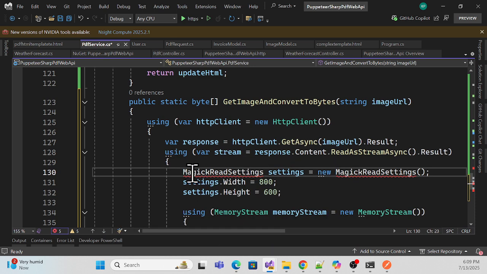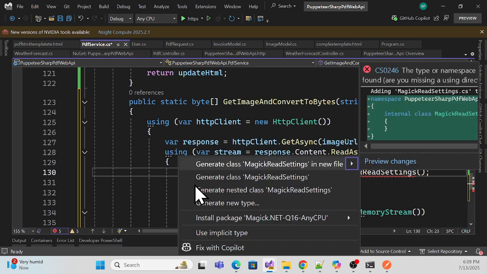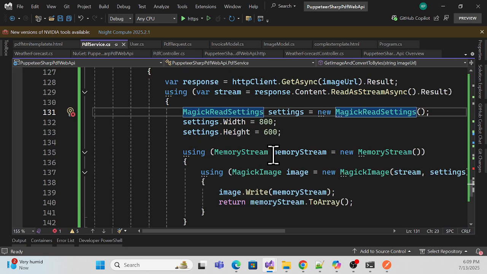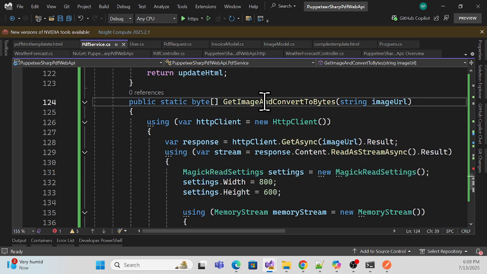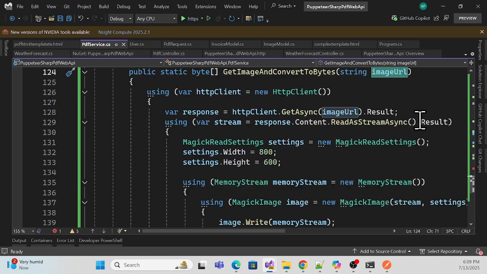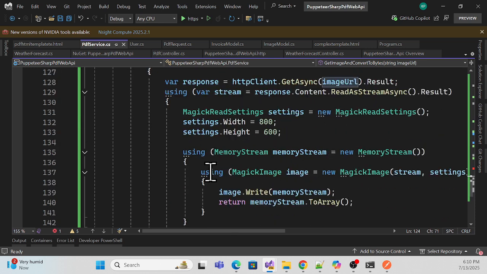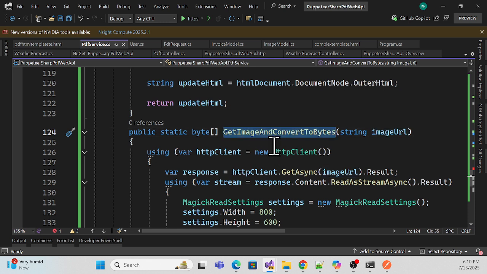Let me go back. I think I recorded this package, so you can just install it, and we are good. This is the method, which you can just pass that URL to. This URL will get that response, and it will read the bytes array. That's it. These bytes we have to use